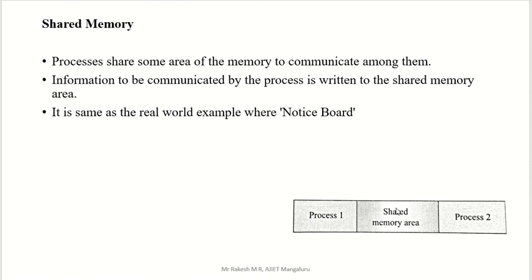So that is indirect. It is the same as the real world. One example they give is a notice board. You know about a notice board. One person will put information on the notice board, and another person will see it from the notice board itself. He can't go to P2 and show it. He just puts that general information on the notice board. He will see everything, he will read everything from the notice board. So he will write, he will read.